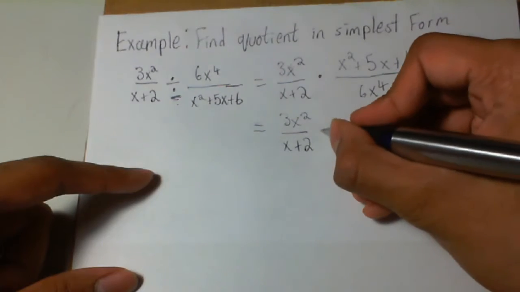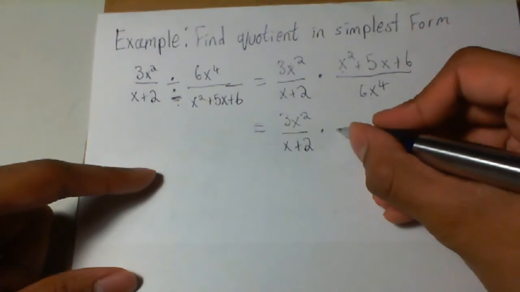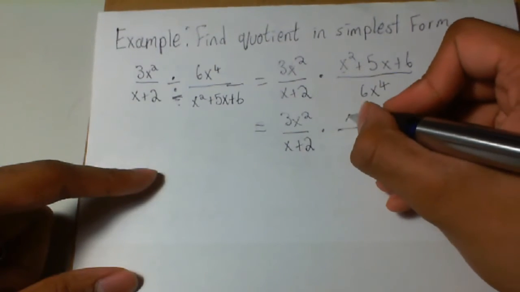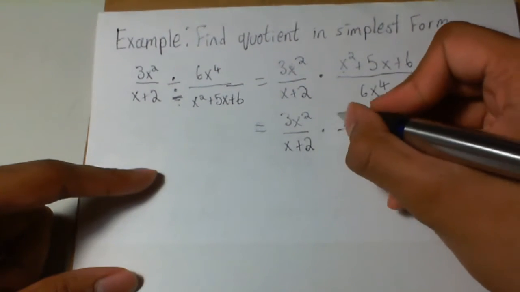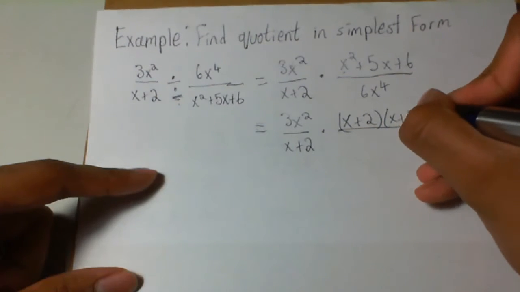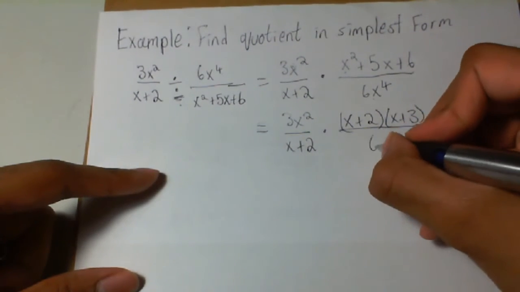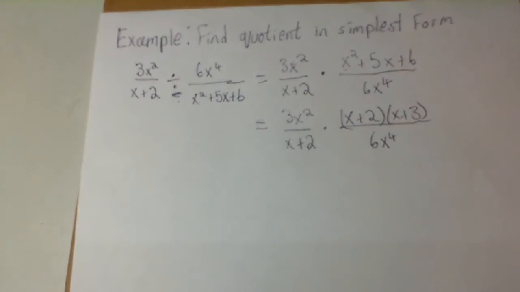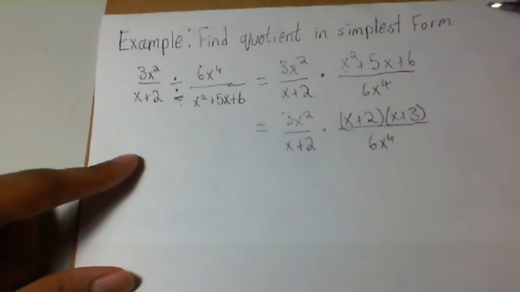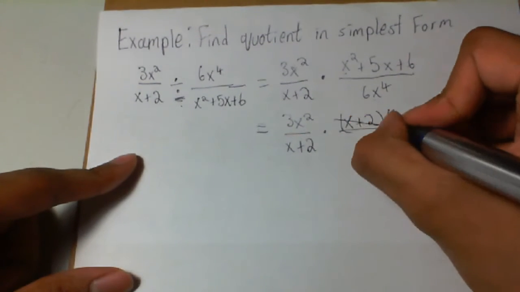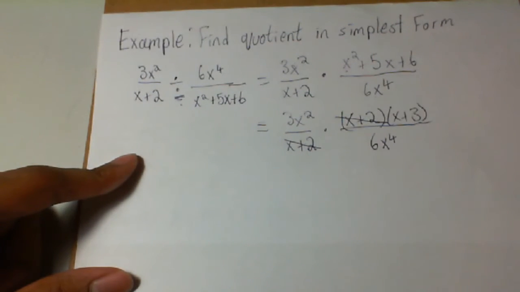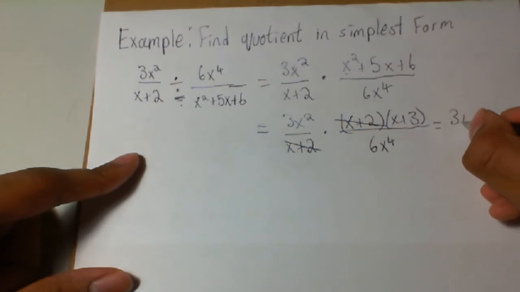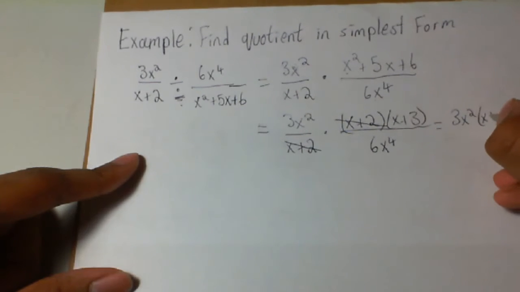Okay. But there is, I can factor this out. So let me do that right now. X plus 2 and x plus 3. 6x4. I can't factor anything out from there. Okay, so now I can cancel out the common factors. X plus 2, x plus 2, right? And that leaves me with 3x squared, x plus 3